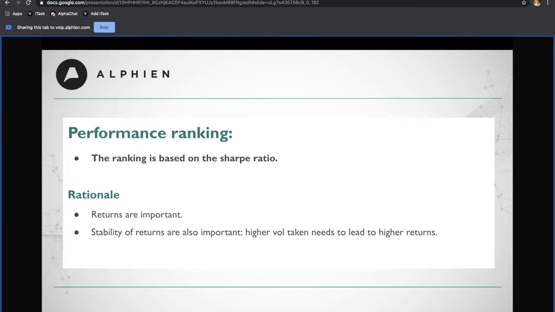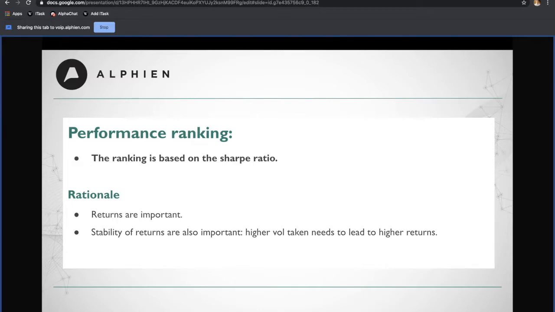The first one is the most intuitive one, and the one that you know already because it's performance-based. I'm not going to spend too much time on that because there is nothing really new on that. Just quickly, as a reminder, the ranking at the moment is based on the Sharpe ratio. Why do we base it on the Sharpe ratio? Because indeed returns are important. So obviously the sponsor will look at the returns of the strategy, and there is going to be a hurdle. If your return is really, really low, it's probably not going to be interesting for the sponsor.